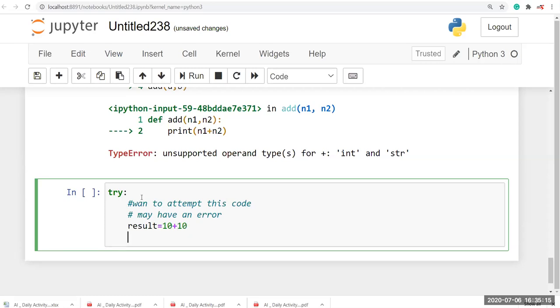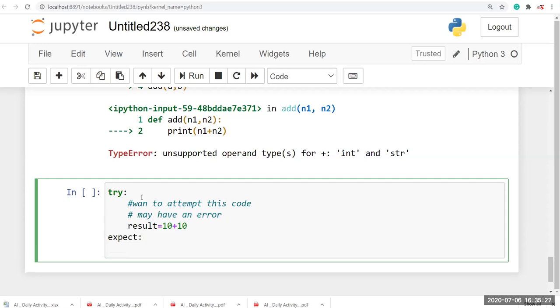After that, here I'm going to give except, and this also in lowercase, except colon, and hit enter. Here you can pass your exception code or whatever you want.